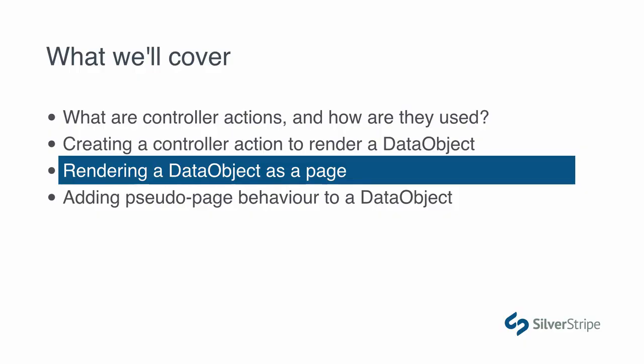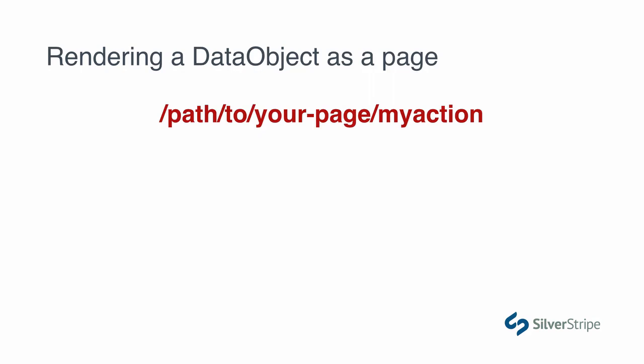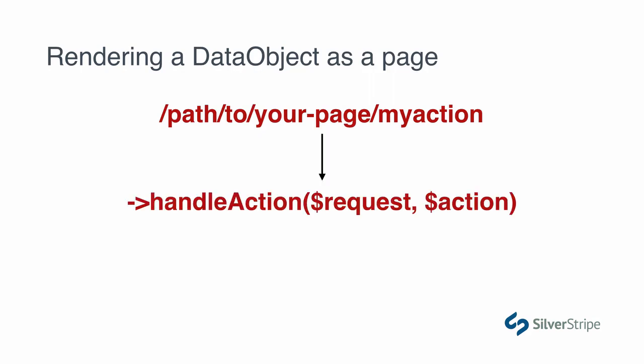So now that we have that new variable being sent to the template, we're going to actually use it and render a data object as a page. Now, as we saw in the debug output of our request handler, the action parameter maps to a method called handleAction on our controller. While our action method itself is designed to do everything it needs to, the handleAction method